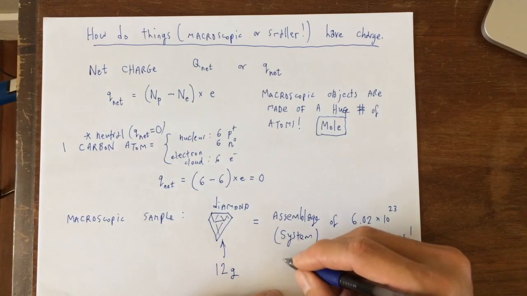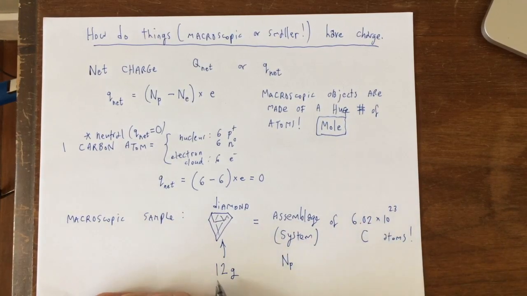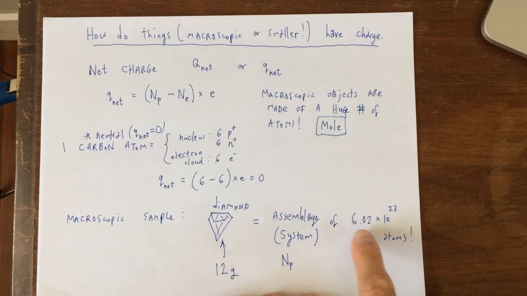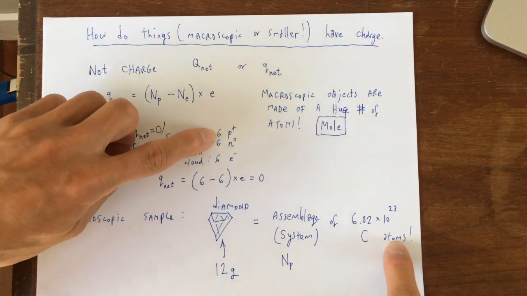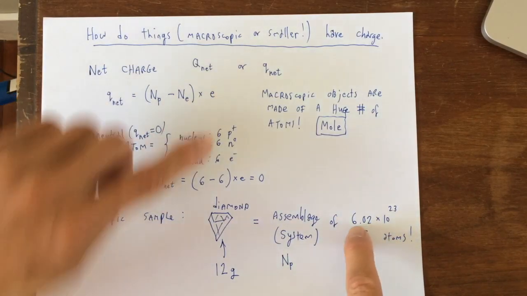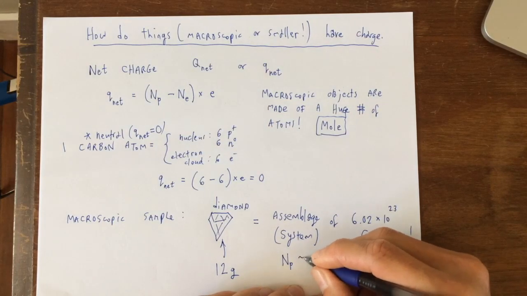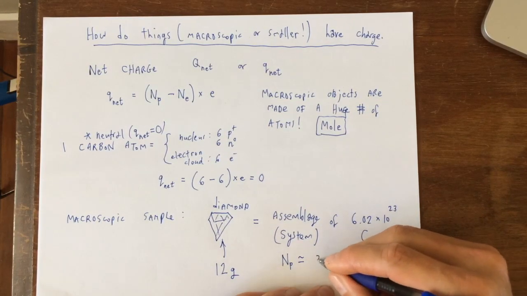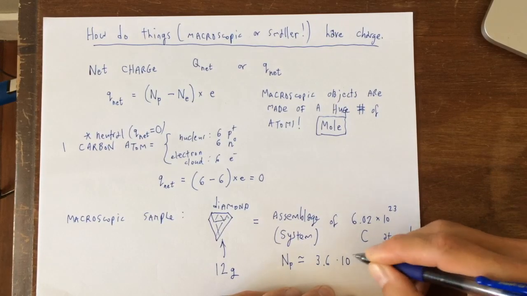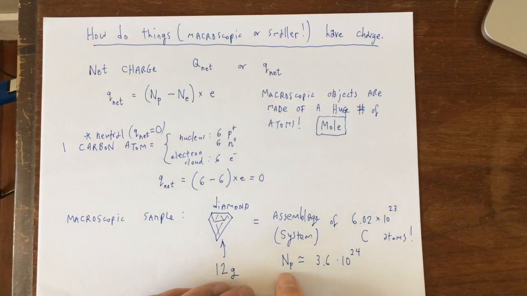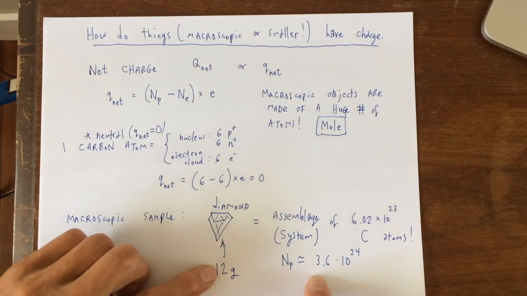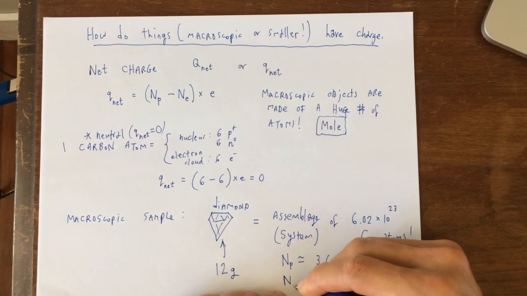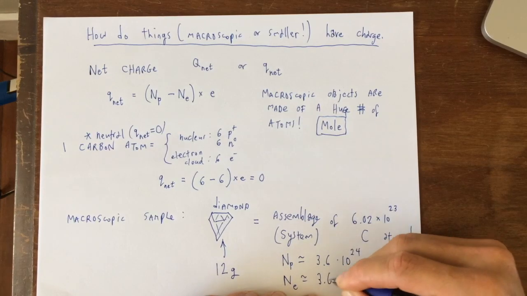But can you see that the number of protons in this 12-gram sample is, if I have this many atoms, and per atom I have 6, 6 times 6 is like 36. So the number of protons is going to be some number that's crazy. It's going to be 3.6 times 10 to the 24th, right? That's an absurd number, huge number of particles in this 12-gram diamond. The number of electrons is going to be the same number,